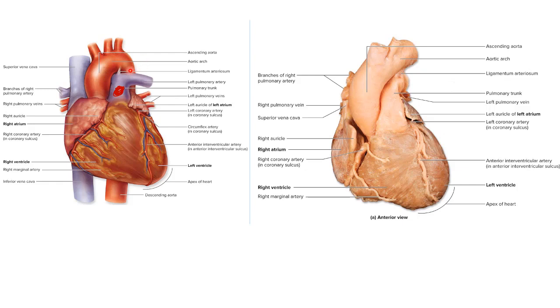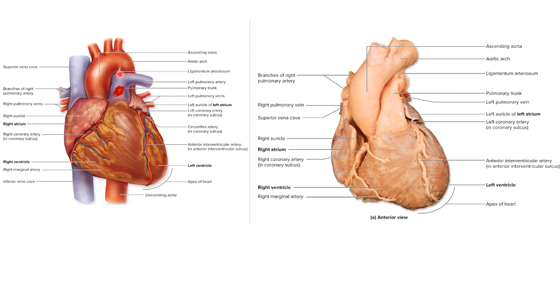One thing I want to point out is right here. There's a structure, you can see it in the illustration, and you can see it over here too, a little bit of it in the cadaver heart. It's called the ligamentum arteriosum. And basically it's a little layer of connective tissue. And that ligamentum arteriosum